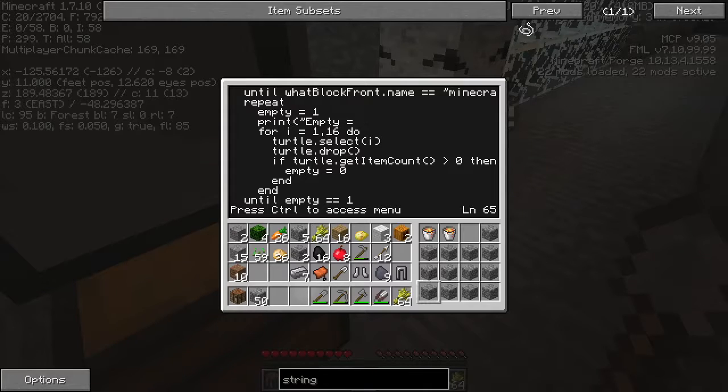Equals 1. There we go. So now this will print to the screen, so it will tell us as we're going. Okay. Print, where were we? Empty equals 1. There we go. Next line, for I is equal to 1, comma 16 do. All right. Next line, turtle.select I. There we go. Next line, if turtle.getItemCount is greater than 0, then,